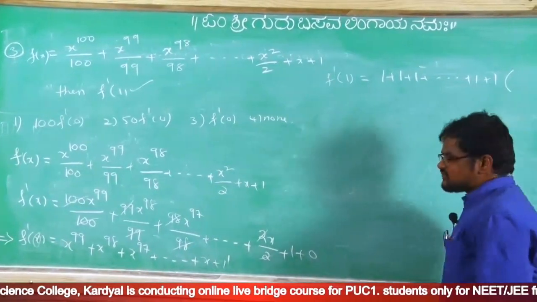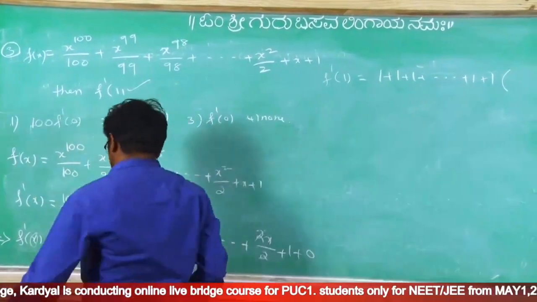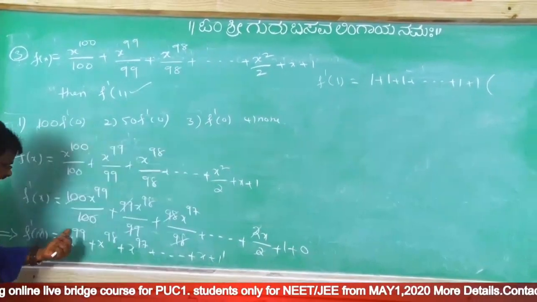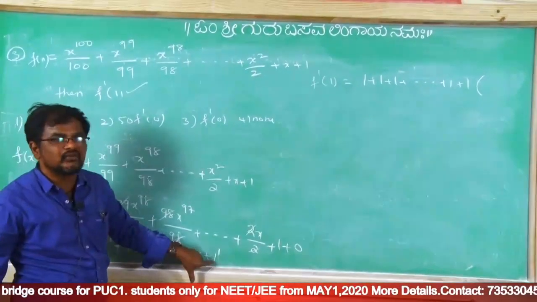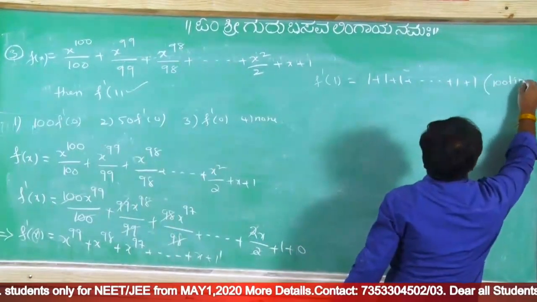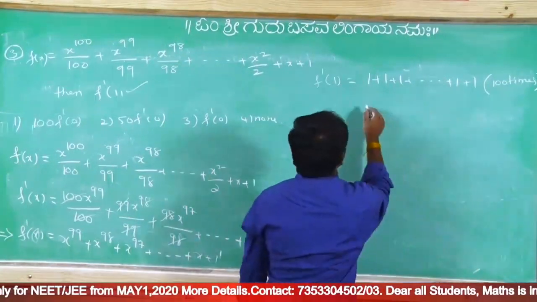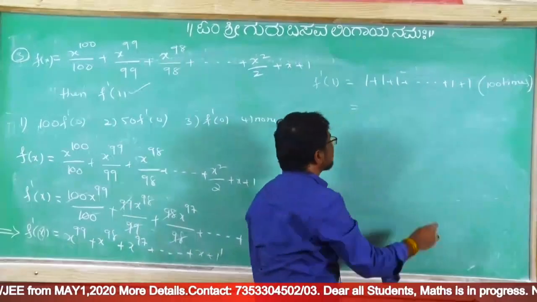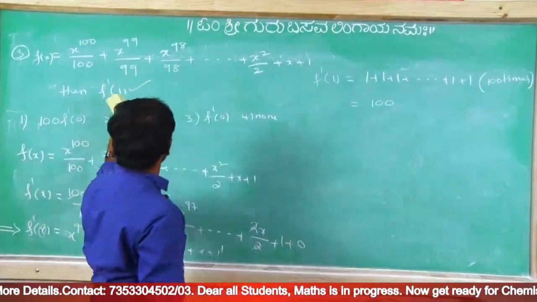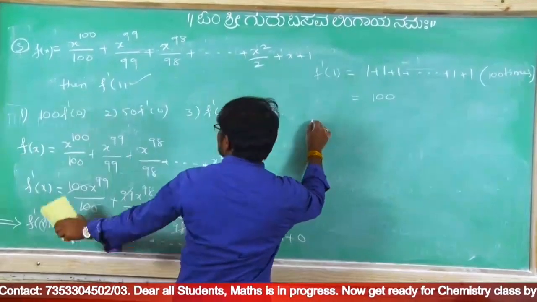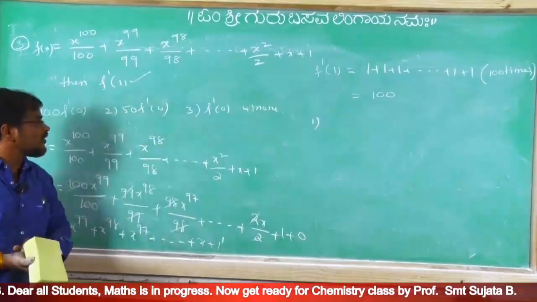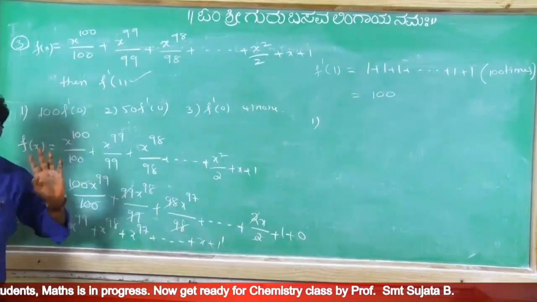So how many times are you getting 1, observe. This is the important one. So 99 power is there, here 1 power is there, means up to here 99, extra what is there here? 1 is there. So total how many times are there? 100 times are there. So that's why 1 plus 1 plus 1, 100 times is equal to what? 100 we are getting. Now identify the answer. So in the first option, second option and third option, what is there? F dash of 0 is there.